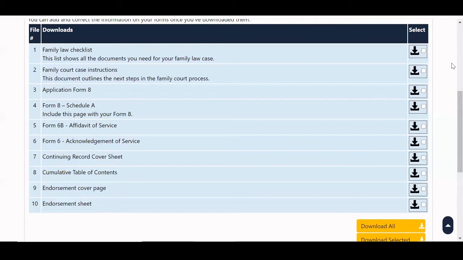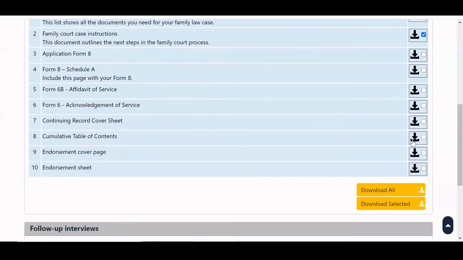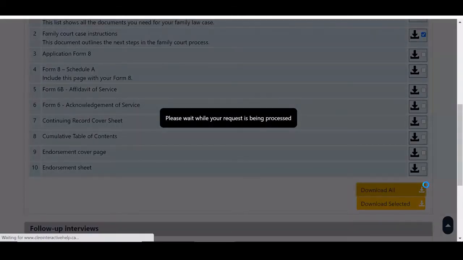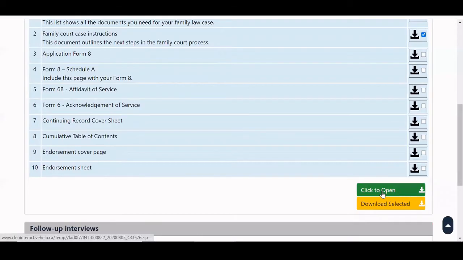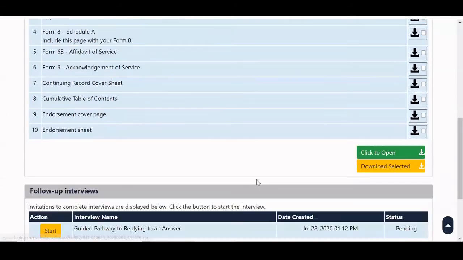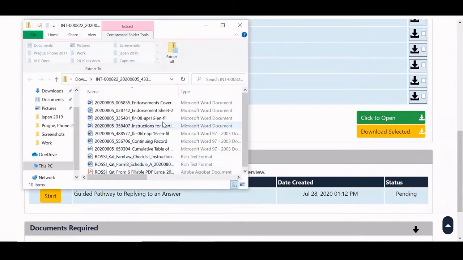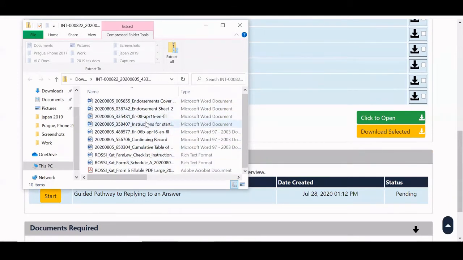To give you an idea, and again, you can choose to download all of them or some of them. If we just click the family law checklist and court case instructions to show you what that looks like. You'll be then given this basically folder of documents that you've downloaded. And if we click on the checklist,